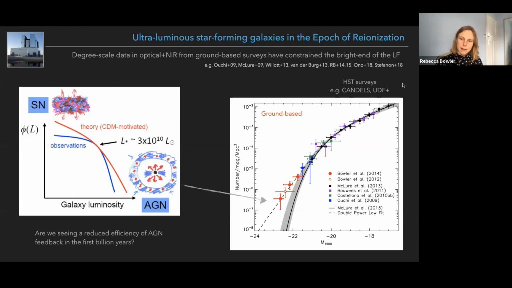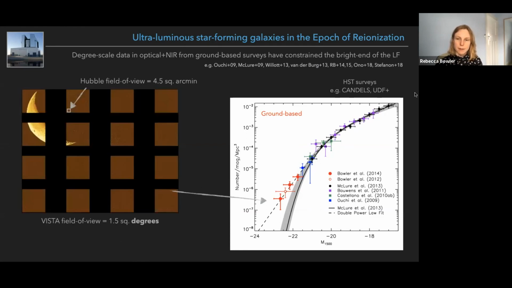So I should explain a little bit more about what this gray curve is. Let me just go back a second here. The gray curve is what we call a Schechter function, and this is the favorite function to fit luminosity functions at high redshift. Essentially it's a power law at the faint end, and then it becomes an exponential cutoff at the bright end. So that's why you see it drops like a stone here, because it's got an exponential part. So this is what people were expecting to find in this regime.